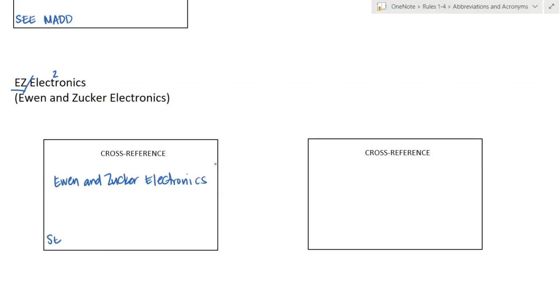And my C notation will refer me back to the original, which is CEZ Electronics. Notice that I have another cross-reference card on the right, and that's because in addition, this Ewan and Zucker Electronics is a compound name. So we have Ewan and Zucker Electronics as my first cross-reference. My second cross-reference would need to be Zucker and Ewan